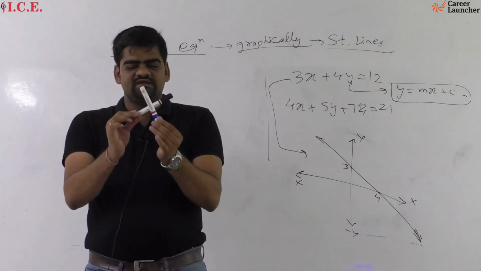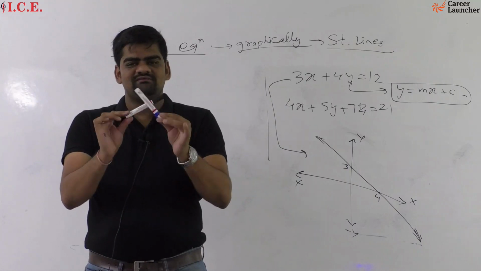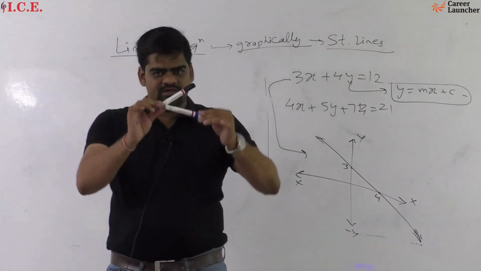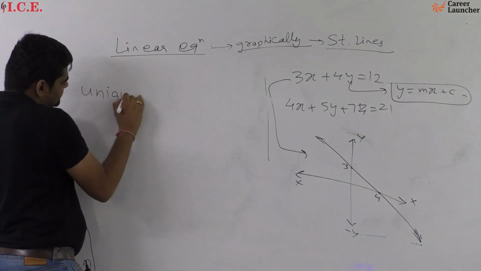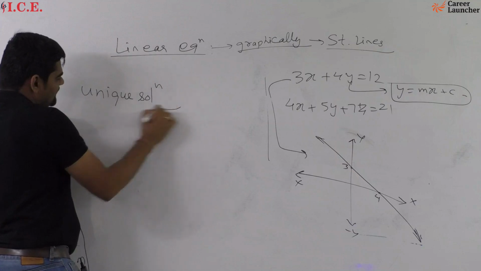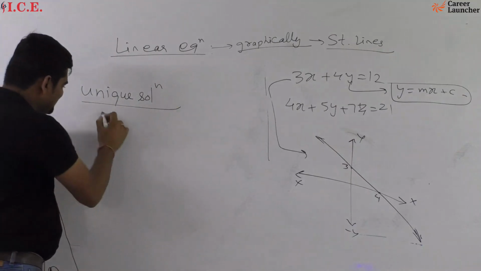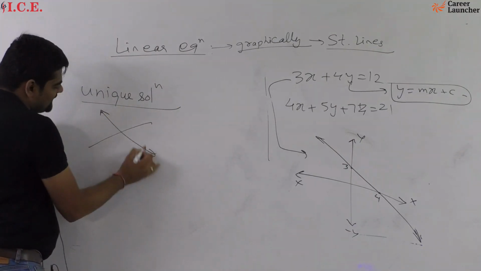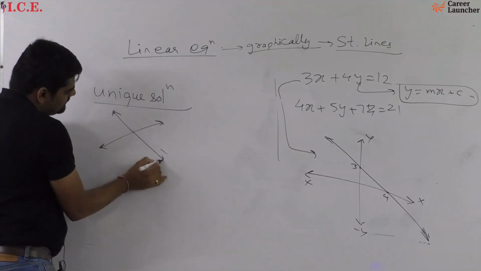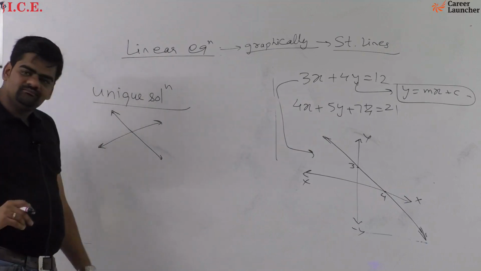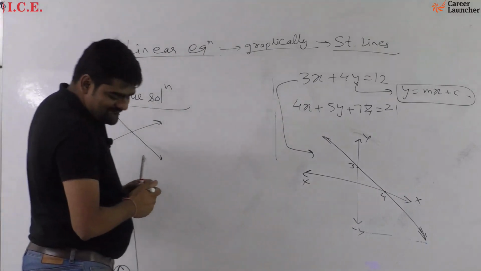Right. So when I say intersecting, it means they will intersect at only one point, any one point, right? So they will have something called a unique solution. That means these lines are intersecting at one point, and they have a unique solution, right? Similarly, I can have